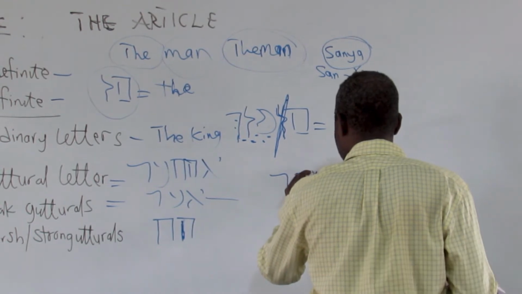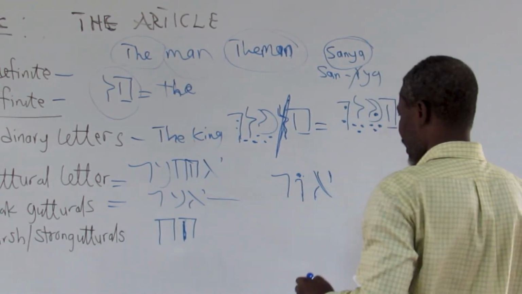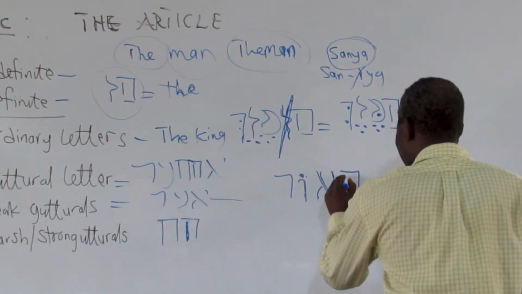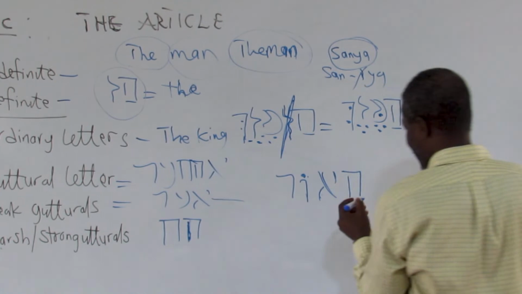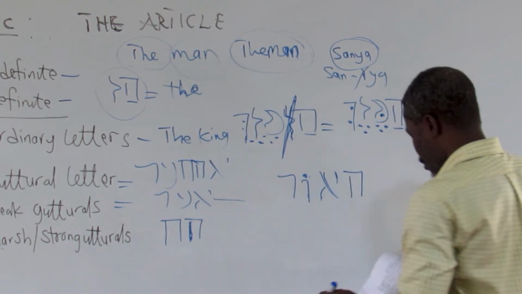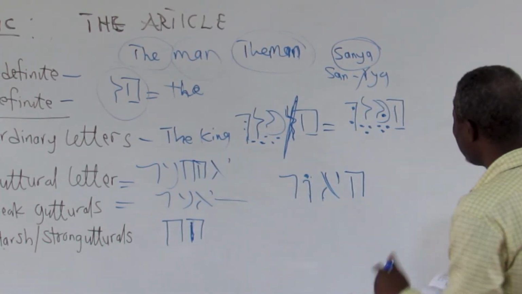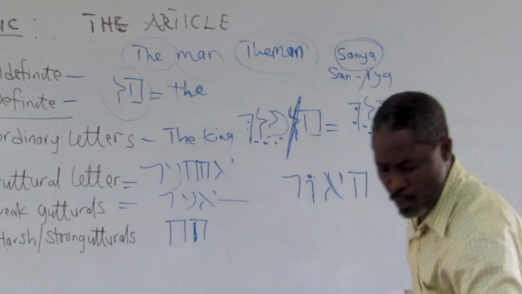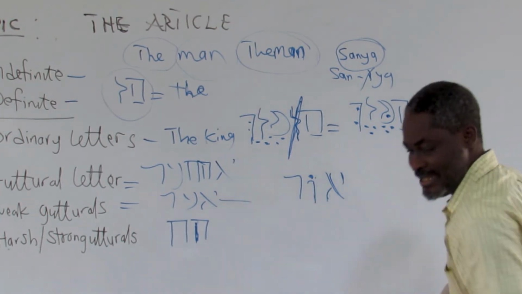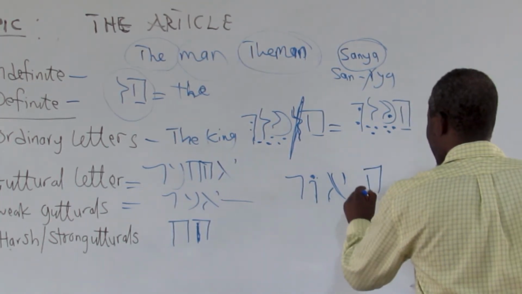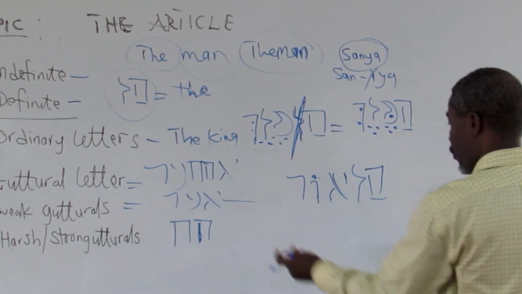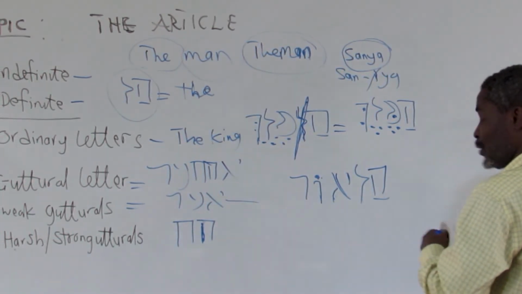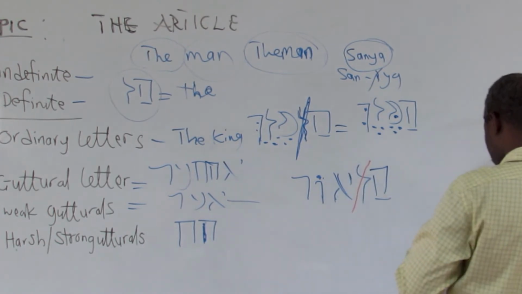This is light. To now say "the light," you have first of all to add the article. The lamed drops, but you are not just going to have a kamets, because what you're supposed to have first of all is al-or. But we know that that is not possible. Once it is joined together, you drop the resh.